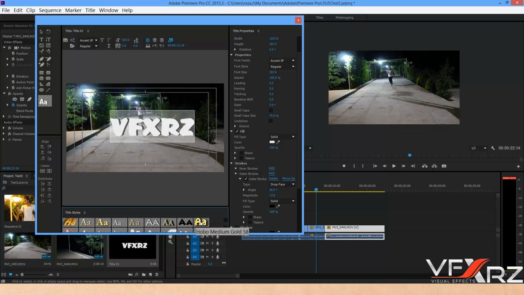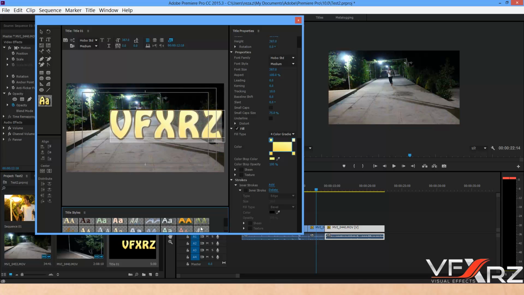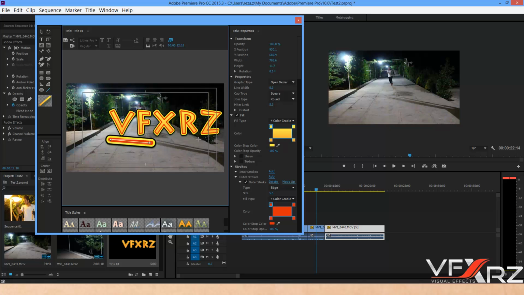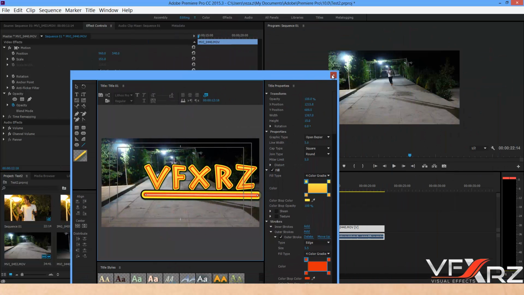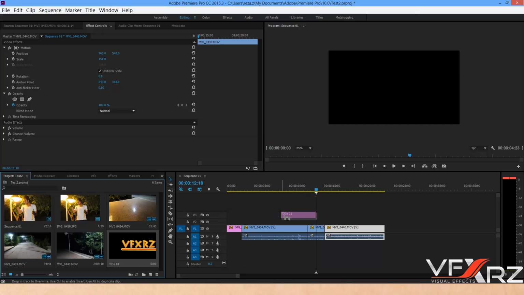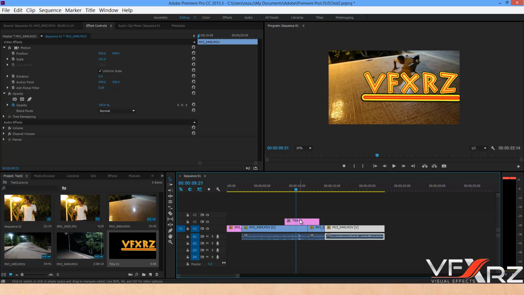Or you can here select a preset, for example this preset. You can use this, just click and it's done. And with this option you can create a rectangle or you can create a line, for example select and drag. It's done. Very good. Now close this window, and here your title you can drag and drop and edit your video,